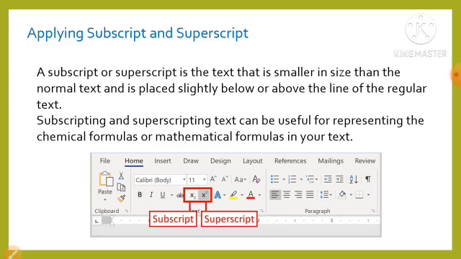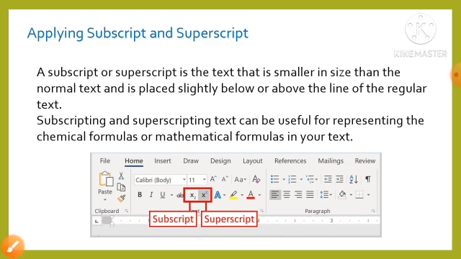the regular text. Subscripting and superscripting text can be useful for representing chemical formulas or mathematical formulas in our text. In subscript, the selected text or character is placed slightly below the line of the regular text.